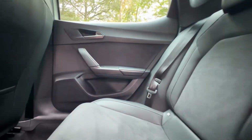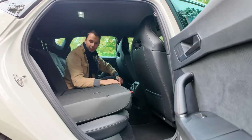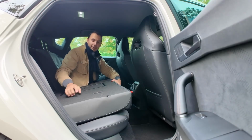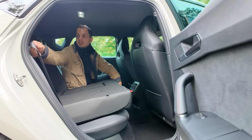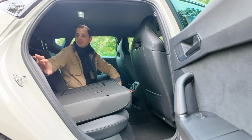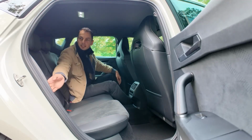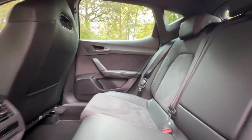The hatch that opens if I want to lower the bench, so the 2/3 part, right side. And I have an almost flat floor, we can say it's a flat floor, with top tether ISOFIX attachment on the 2 end seats. The belt stays roughly on the side almost. You have to fit it into its little thing there, and perfect, it was going to hide behind anyway. Yet they had planned a little thing for...